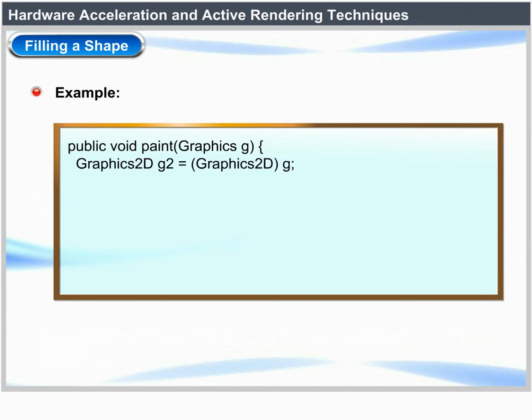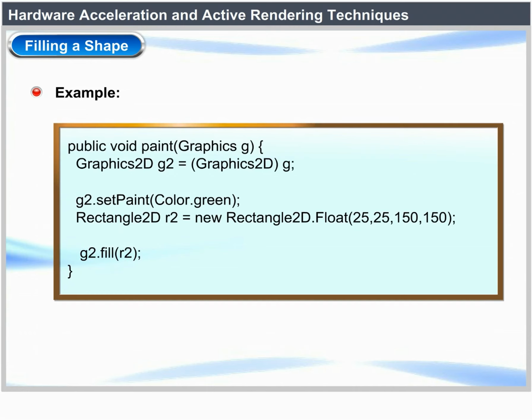Example: public void paint(Graphics g) { Graphics2D g2 = (Graphics2D) g; g2.setPaint(Color.green); Rectangle2D r2 = new Rectangle2D.Float(25, 25, 150, 150); g2.fill(r2); }